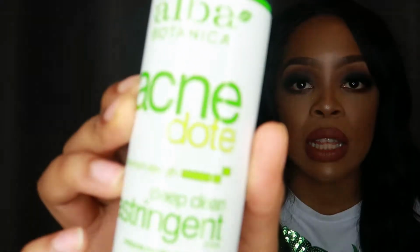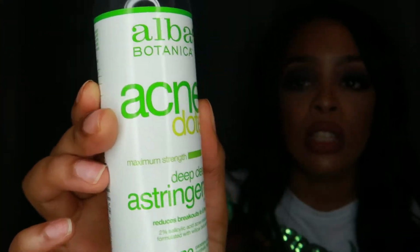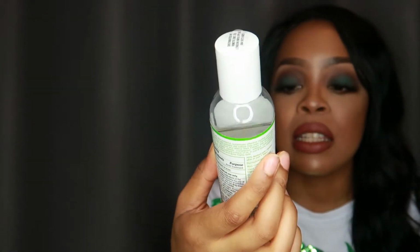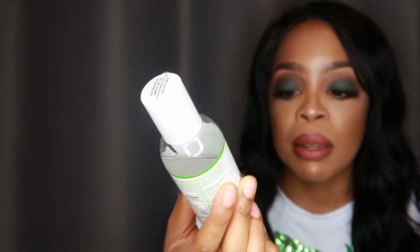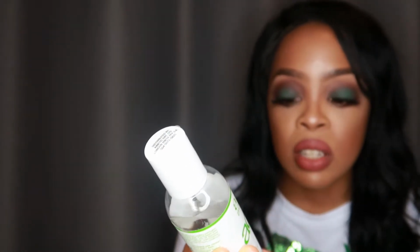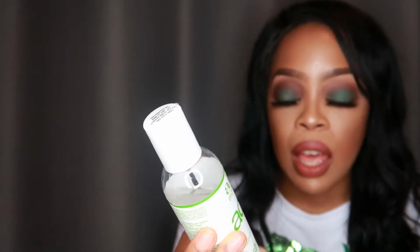a new toner that has actually got acids that are suited for targeting my breakouts. So I found this, and it's called Acne Dote, and it contains 2% salicylic acid and acne medication formulated with willow bark extract. And it says on the actual